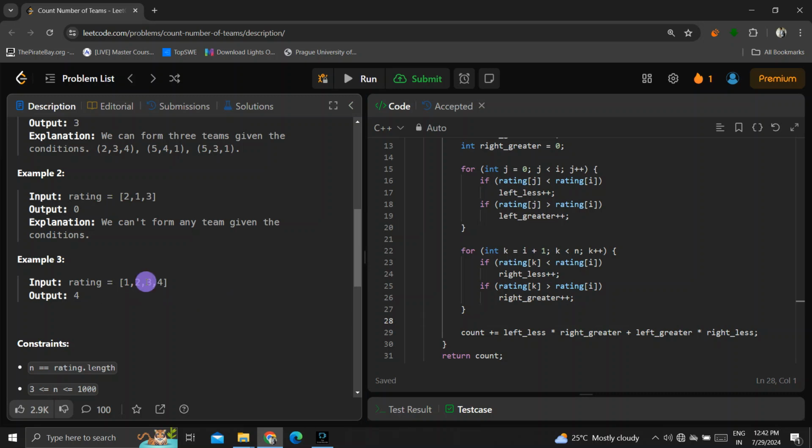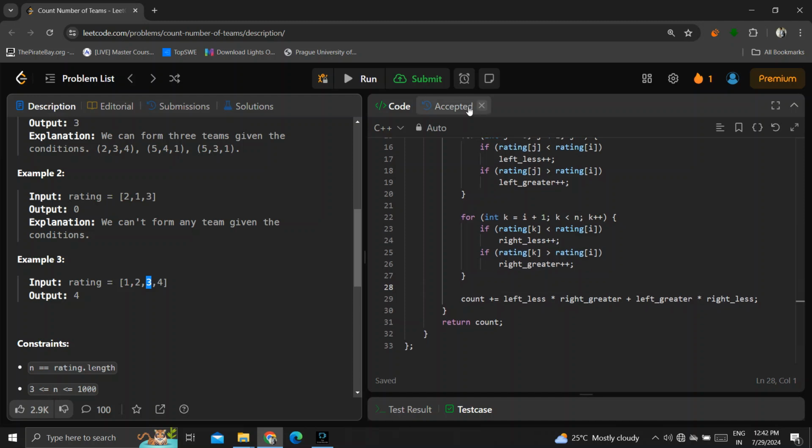We will check here also. So for 3 also 2 will come. So 2 plus 2 would be 4. Okay, I hope you have understood the problem. Now if I run it,